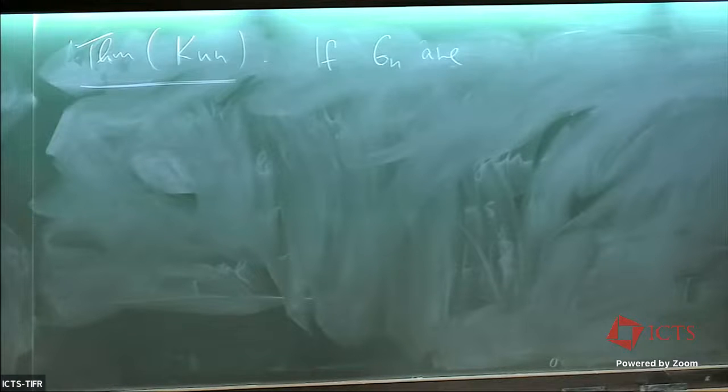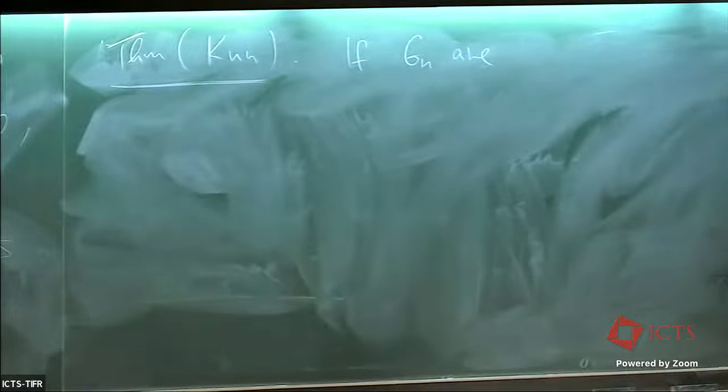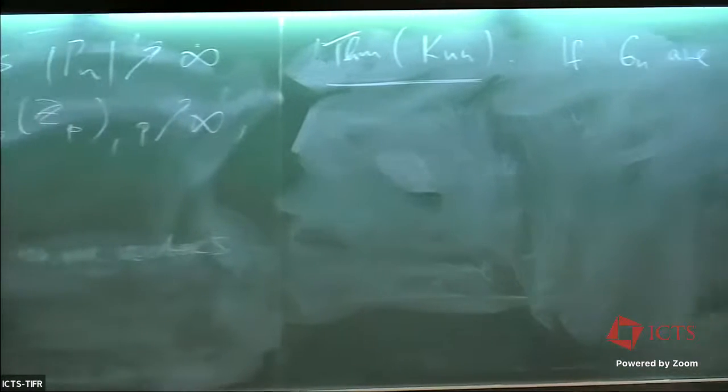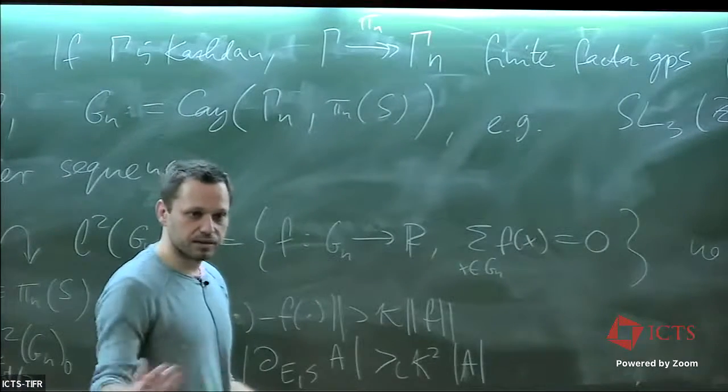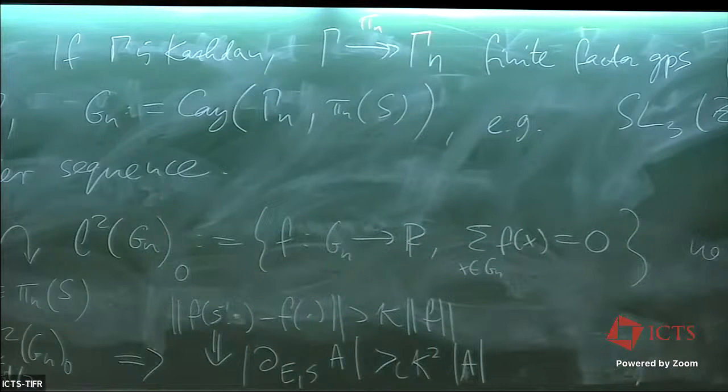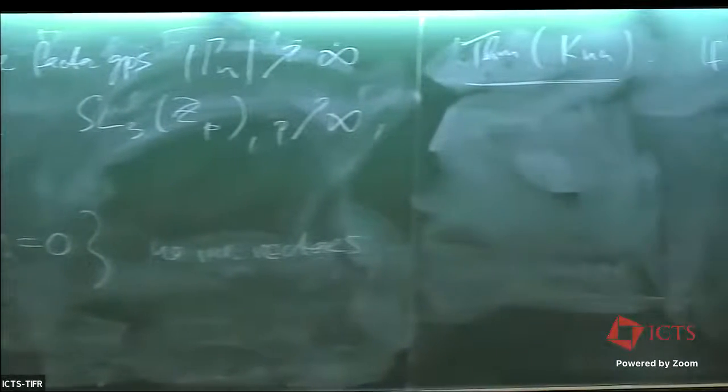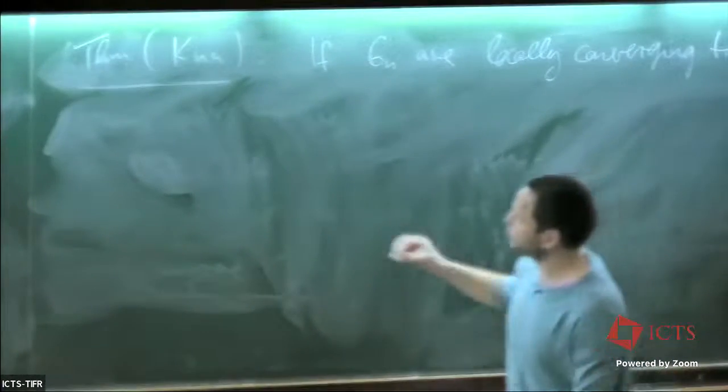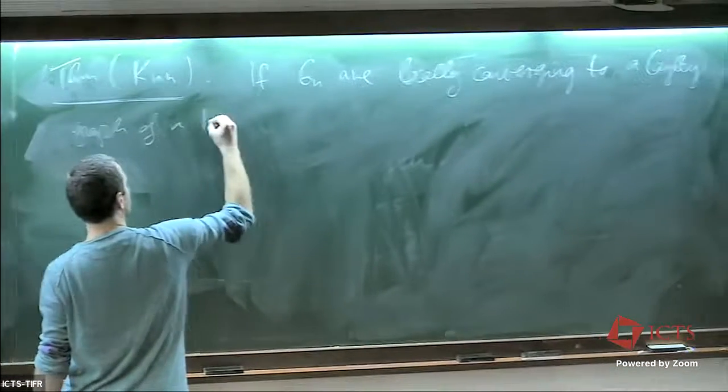When you are taking these finite factors here, then locally they look more and more like the original infinite group, and they are expanders. You can ask the converse: if you have some approximation of a Kazhdan group by finite graphs in this way, that they locally look more and more like your big Cayley graph, with what kind of finite graphs can you approximate a given infinite graph? So if G_n are locally converging to a Cayley graph, a finitely generated Cayley graph of a Kazhdan group,